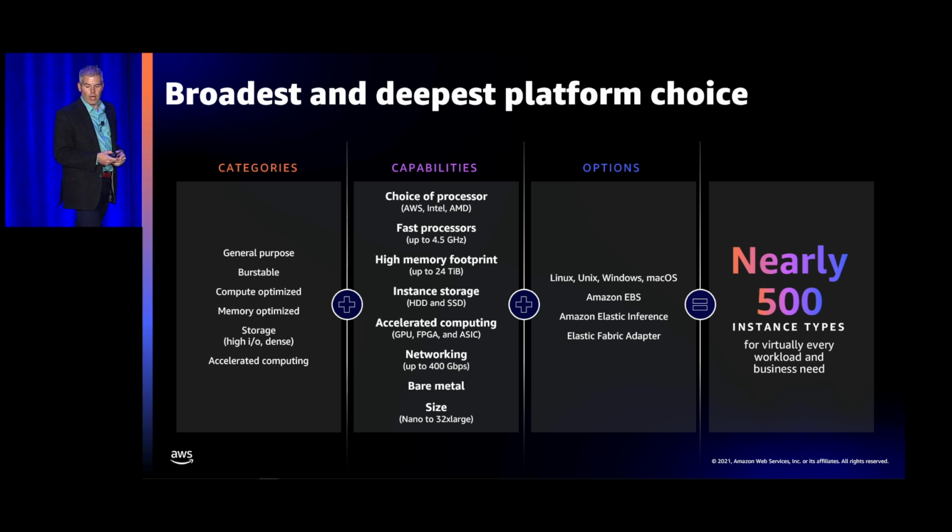We've also introduced options such as our Elastic Block Store to improve performance and offer storage flexibility with the instance storage, Elastic Inference to reduce the costs of running deep learning inference by up to 75%, and Elastic Fabric Adapter, EFA, as a network interface for any supported EC2 instance to run applications requiring high levels of internode communications at scale at AWS.